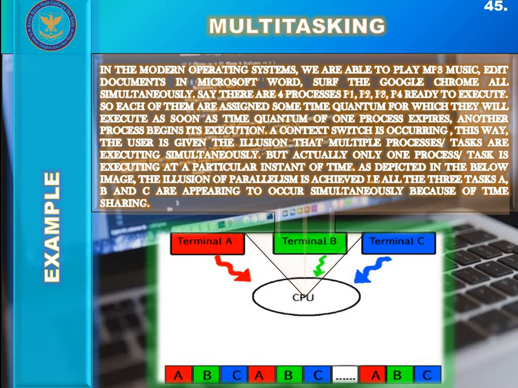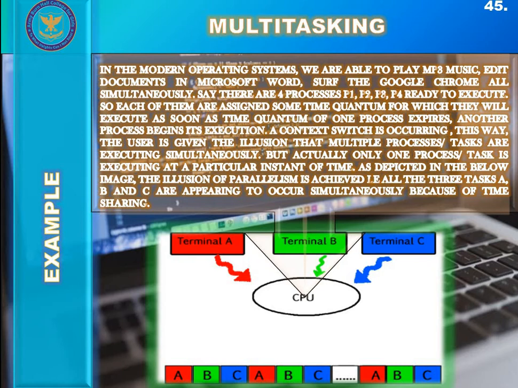As depicted specifically in this image, at any time the CPU is executing only one task. This picture properly relates to the centralized or server-based network in which there are 3 terminals, 3 workstations, or 3 client computers connected with a server computer CPU: terminal A, terminal B and terminal C. These 3 are basically 3 different client computers inside a server-based network. Now the server's CPU is executing the task of terminal A, then the task of terminal B, then the task of computer number 3.